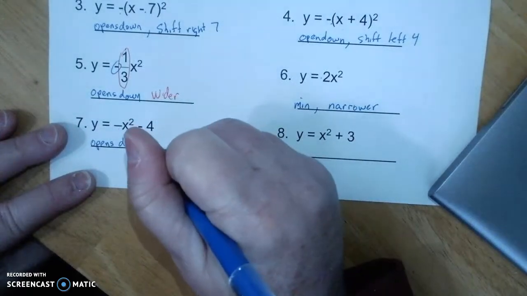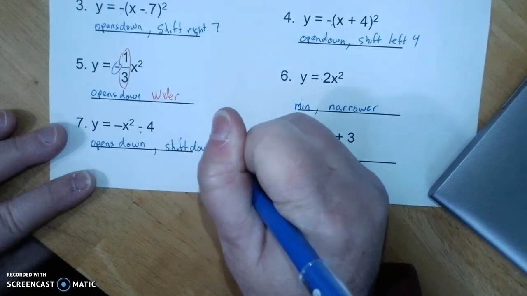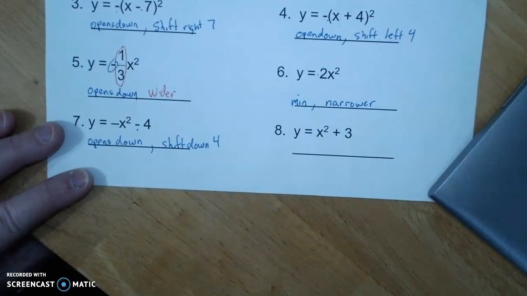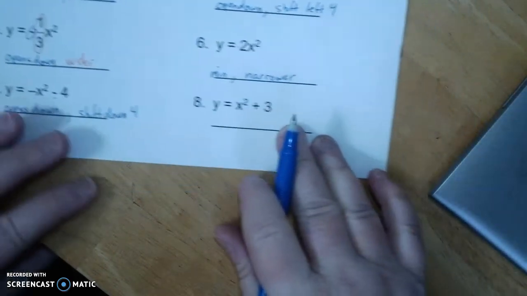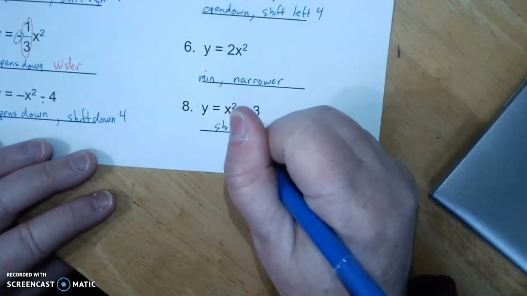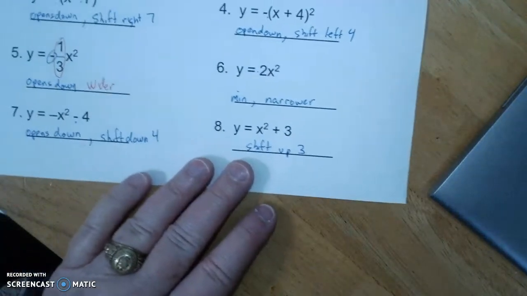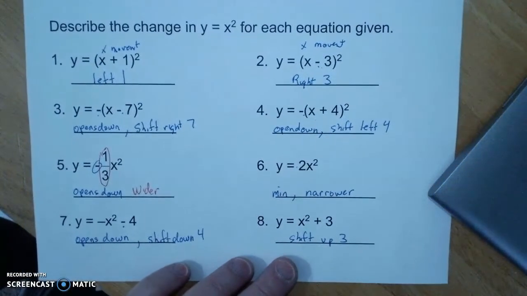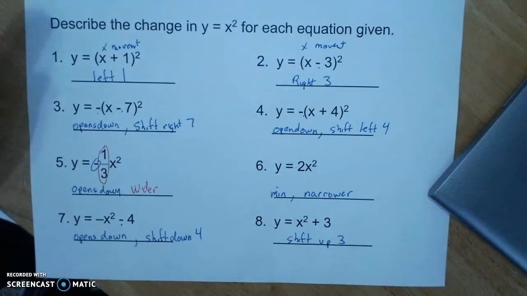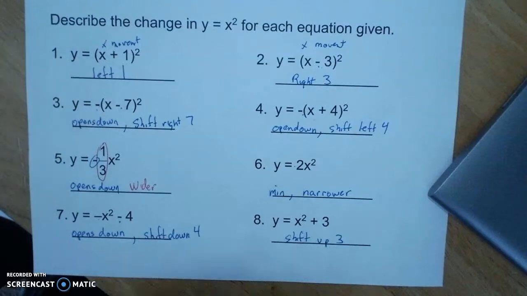Outside the parentheses, shift down 4. Here, shift up 3. So you can have all the parameter changes of opens down, opens up, left, right, narrow, wide,